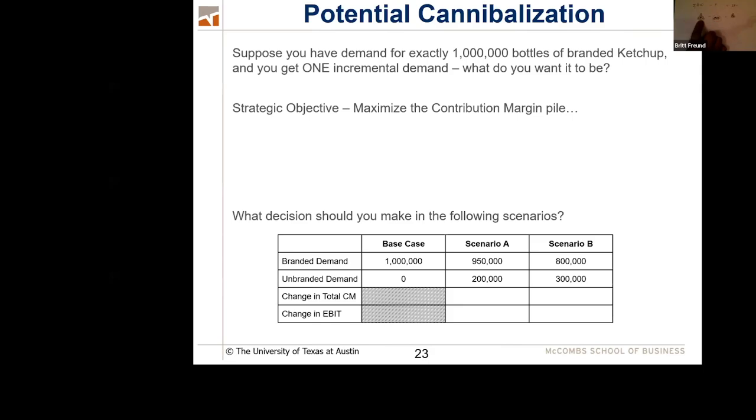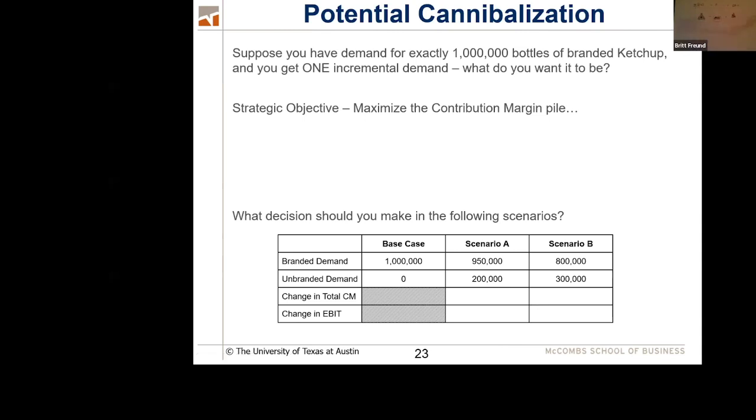Lance got to put $300,000 more on this pile. Unfortunately, that's still a net decrease in this pile of 100,000, which means there was a net decrease in our EBIT of 100,000. So scenario A looks good. The company wins, even though Brooke loses and Lance wins. Scenario B is bad. The company loses, even though Lance looks like a hero. That's the thing you have to understand from this. You've got to think about the overall size of the pie.